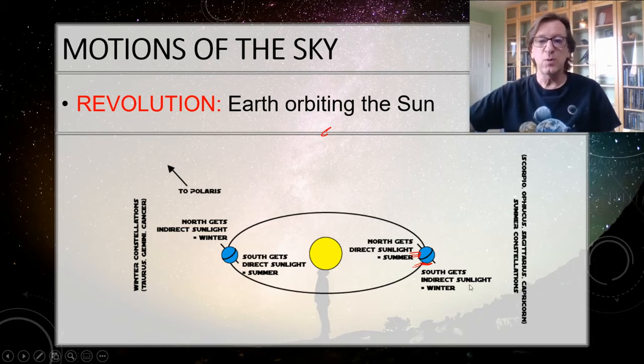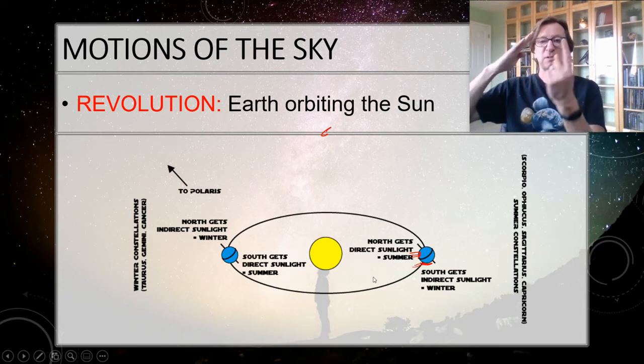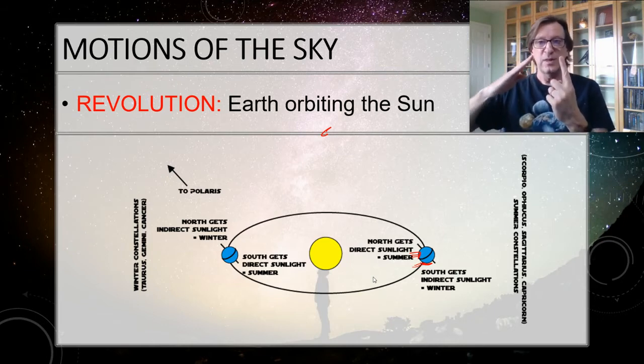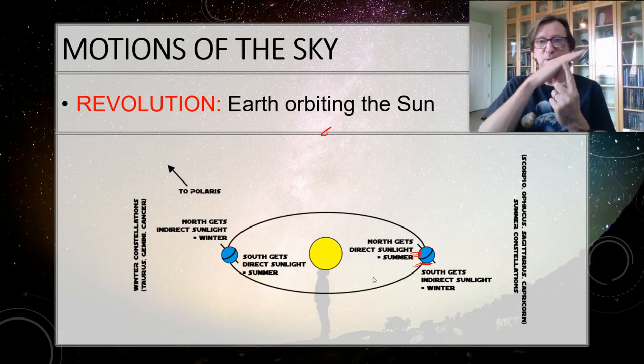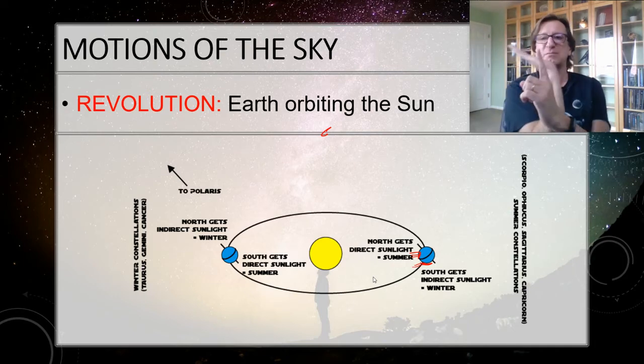All right, so now that we know what causes winter and summer, what's happening is the Earth, remember, let's say that this is the sun. The Earth is keeping its pole pointed towards Polaris all the time. So if Polaris is this way on my particular screen, on yours it's going to be opposite. But I'll try to do my hands the way yours is. Don't know if I can do that.